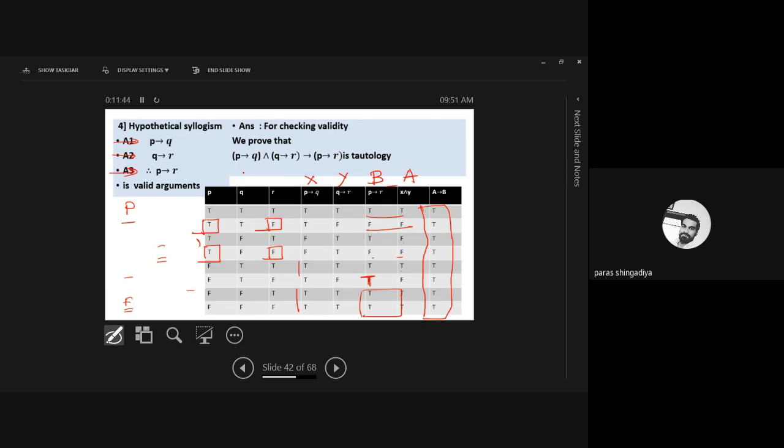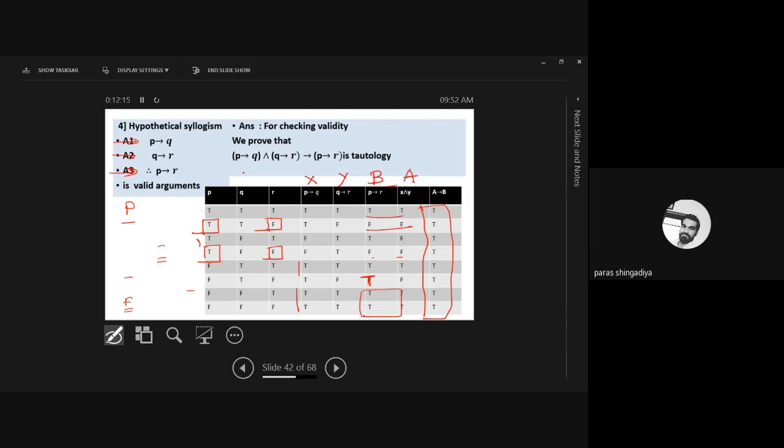Okay. In some questions, directly the data will be there. Because there are some 5 to 6 different names: method of Denning, dilemma, this hypothetical syllogism. So you get confused about which data we consider in this particular method. In these questions, this form will be given to check the validity of the following data. There are no separate questions. State and prove the hypothetical syllogism.